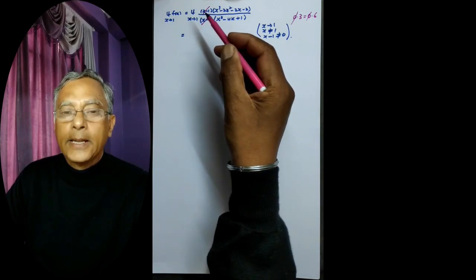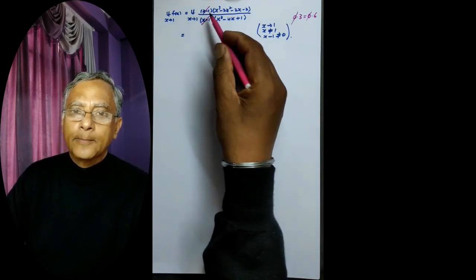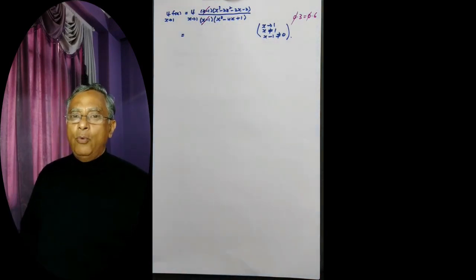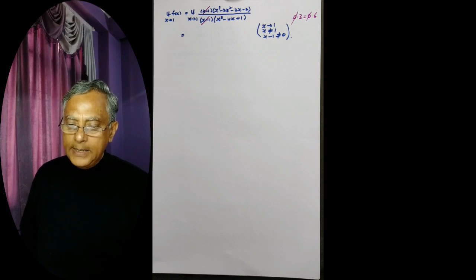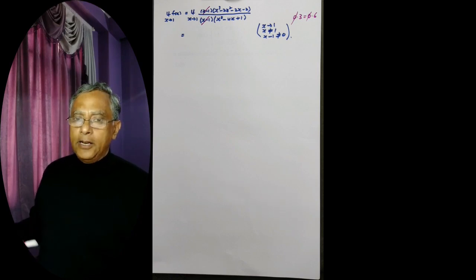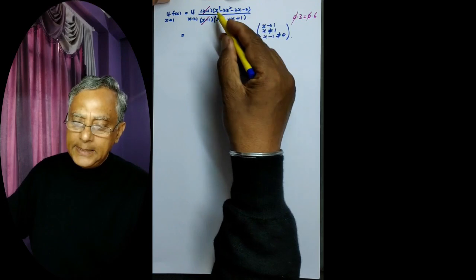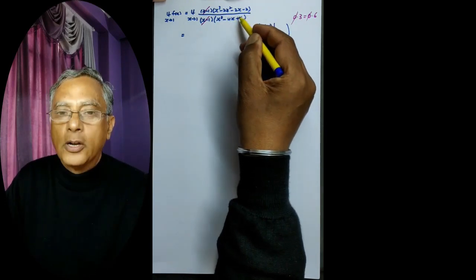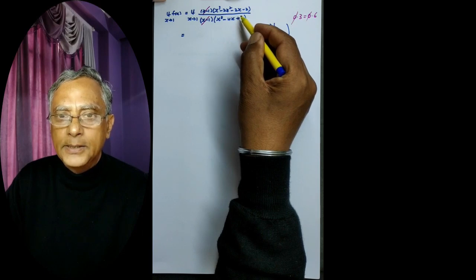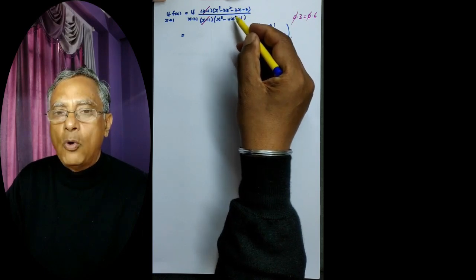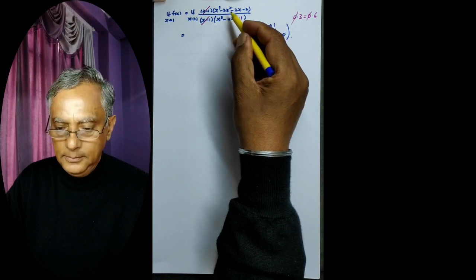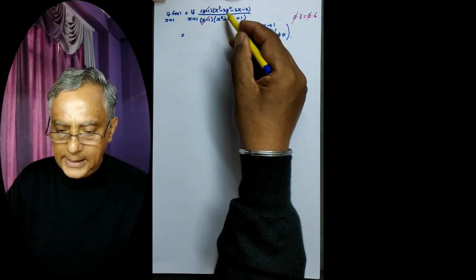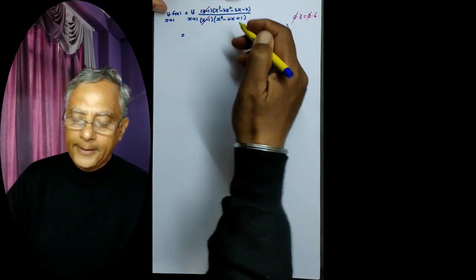Then only it can be cancelled. Now this cancels, and when we put x equal to 1 in numerator and denominator, what we see is this is non-zero and this is non-zero. Now this is not in 0 by 0 form. The indeterminate form has been removed,